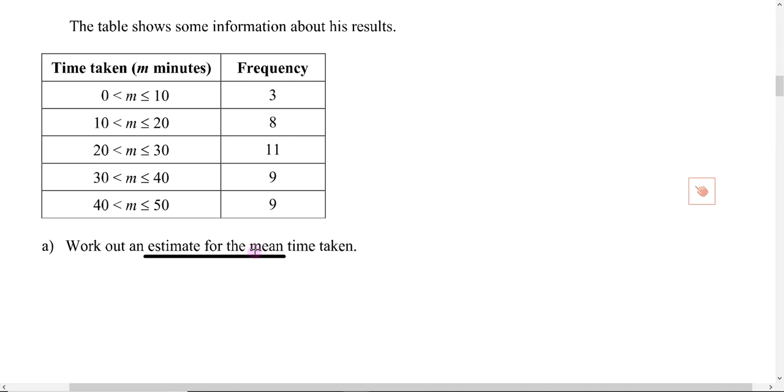So when we work out an estimate for the mean, you are correct in that we take a midpoint. So the midpoint for the groups, okay, I can add a little bit on the table if I like. What's the middle of 0 to 10? 5. 10 to 20? 15. 20 to 30 is 25, 35, and now be careful,